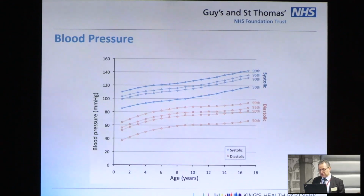Blood pressure is an issue, as you all know. You ask any surgeon about good blood pressure at the time of surgery. We'll hear more about that from our eminent anesthetic team. And so that's an issue that we do encounter very often, especially in the small children, and